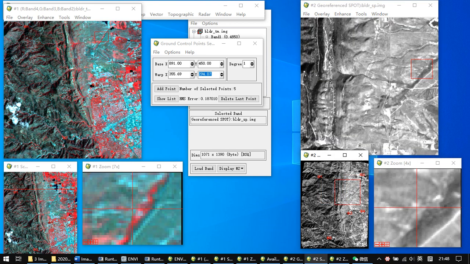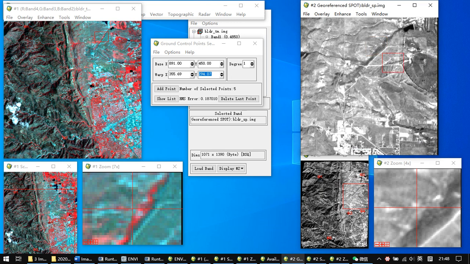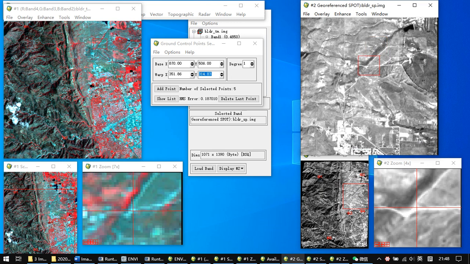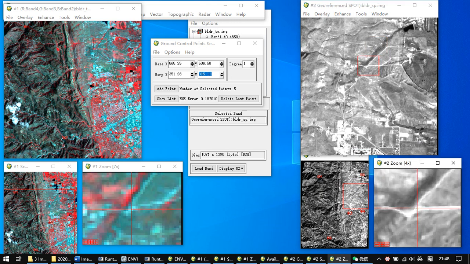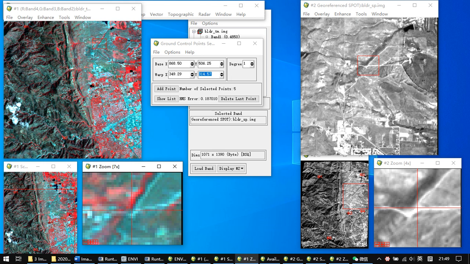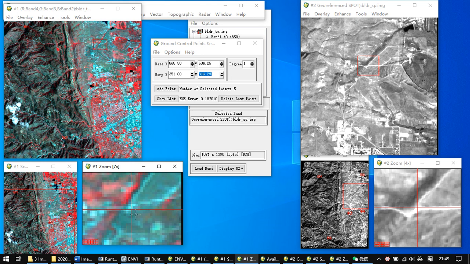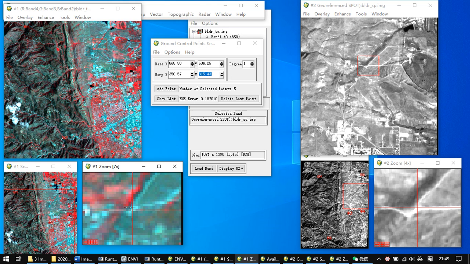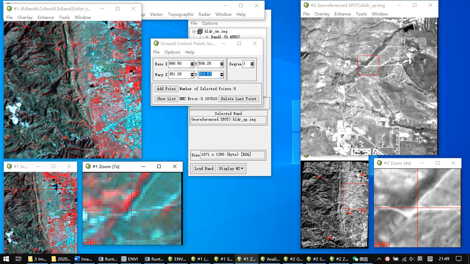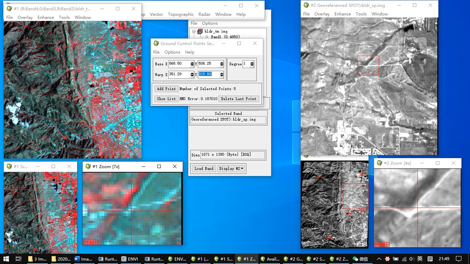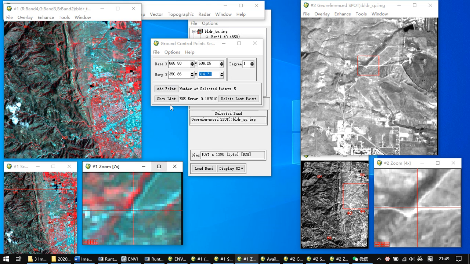If we choose to select this corner, if we want to choose this one, we only need to fine-tune the point when selecting a control point. Choose this one and Add Point,